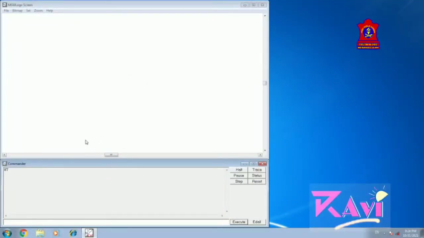Clear? Again, when you type st, that is the show turtle command, and press the enter key, see, the turtle is visible on the screen. Okay, so hiding and showing a turtle is very important while we are drawing any figure. Now we are going to learn the pen commands.